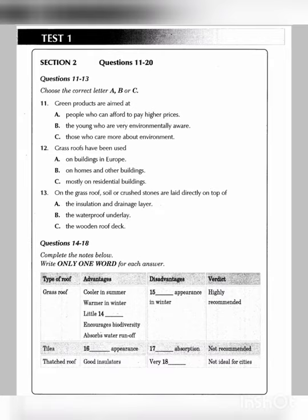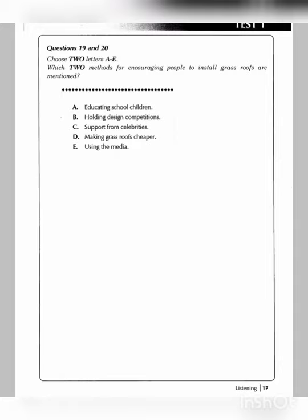How can we make more of our roofs green? That is, how can people be persuaded to install grass roofs? The World Green Roof Conference in Australia was a very good start. At a grassroots level, the best way to raise the profile of grass roofs is to make them trendy by highlighting them in fashionable magazines so that people begin to feel that they cannot do without them. But the idea I like best is holding competitions for the best designed grass roofs. Next week, Eco Hotspot is going to look at...